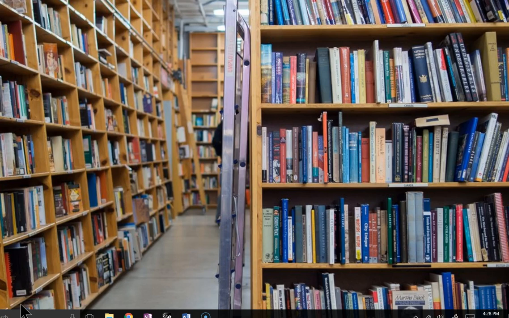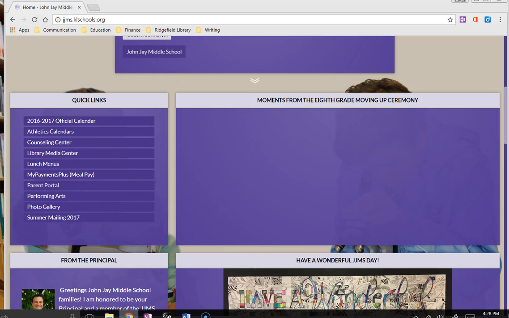Several teachers require you to use books and databases for your research. Knowing how to identify the resource you need and how to find them is a necessary skill. These are skills you will use throughout your lifetime. So let's get started. The first thing we're going to do when we go to the library, we're going to